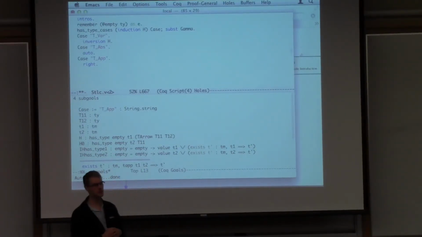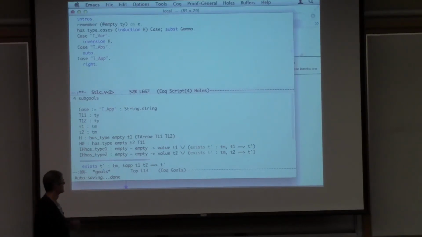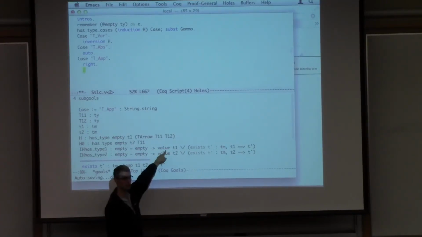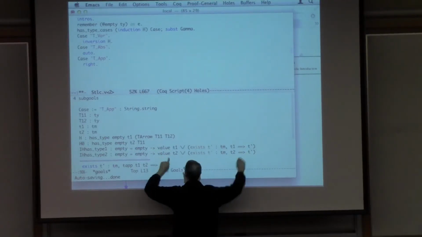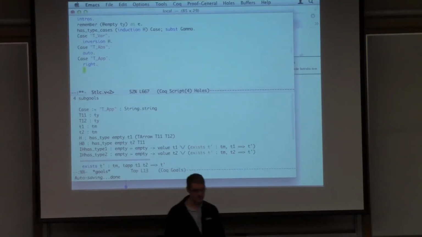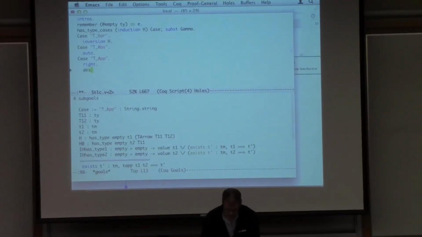But actually, in this case, destruct is more direct because destruct is smart about conditional facts. So if you say destruct to a conditional thing, it will destruct this, and this will become a subgoal that has to be proved. So in this case, destruct is a little bit simpler. So let's do destruct IH has type 1